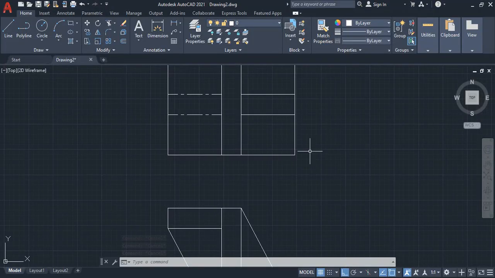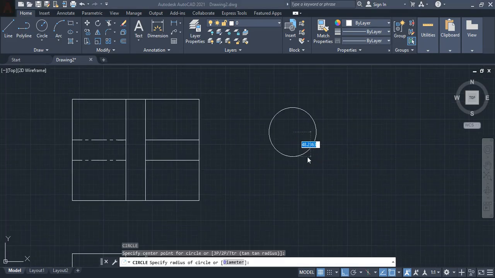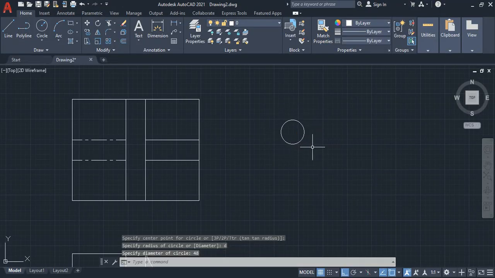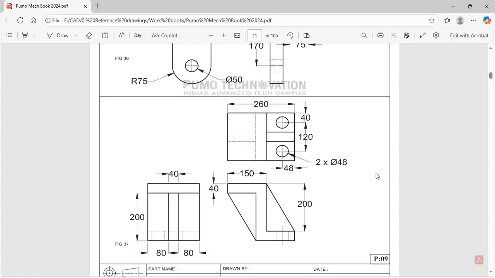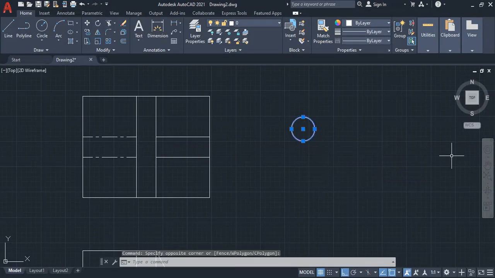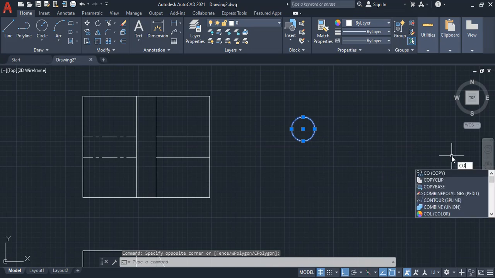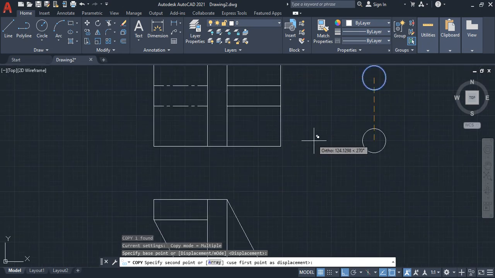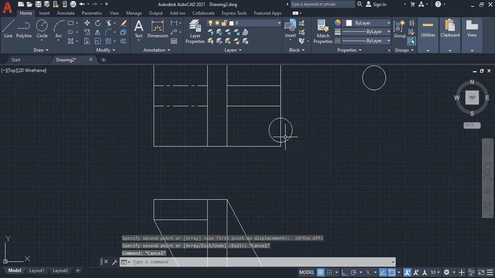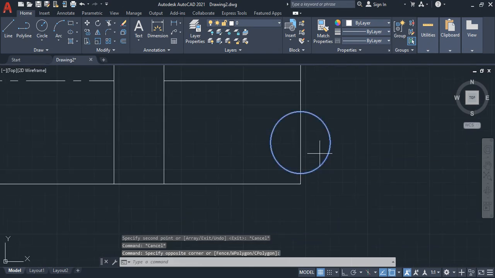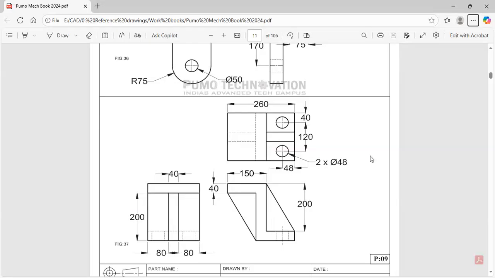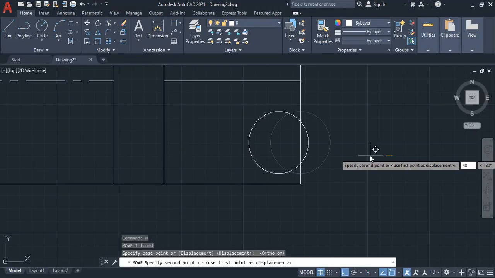Now two circles are needed, so C, enter. So what is the diameter? 48, D, enter, 48, enter. Select this, so copy, enter, specify base point as this and turn off F8 and move it like this. Now select this, move, turn on F8, specify point like this and move it up to 48, enter,